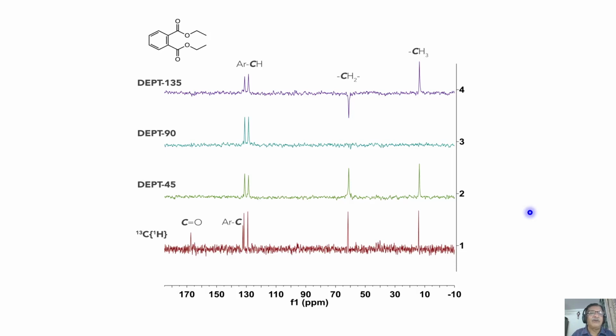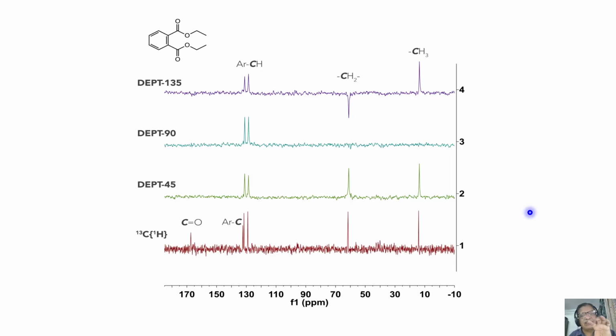So this is what we want: to have the cake and eat it too. That is the thing we now have to do. The alternative for that is a polarization transfer experiment called the DEPT experiment. The expansion for it is Distortionless Enhancement by Polarization Transfer. If that experiment is done, the pulse sequence is simple. There is a spin-echo sequence and also polarization transfer, both are present there.